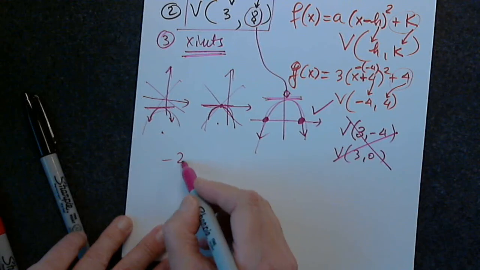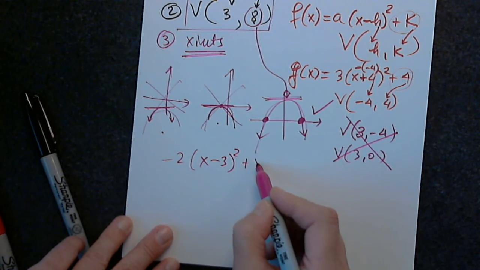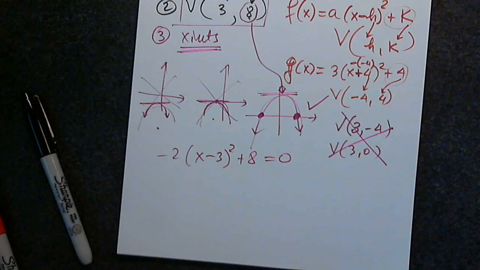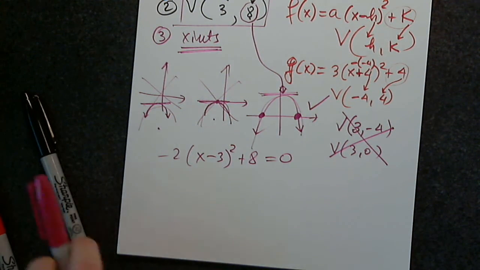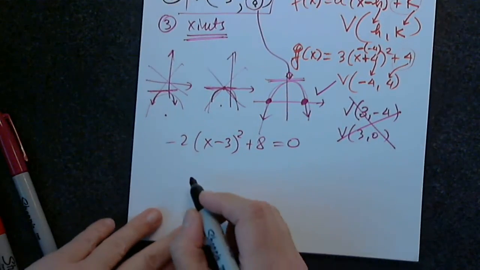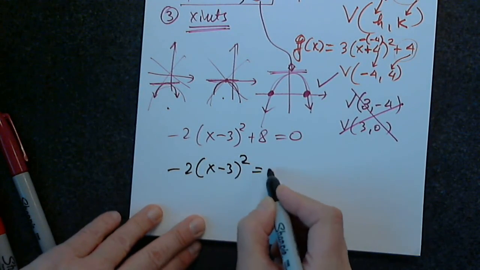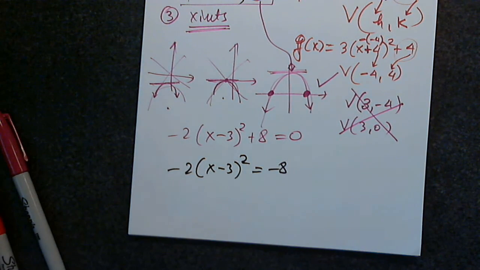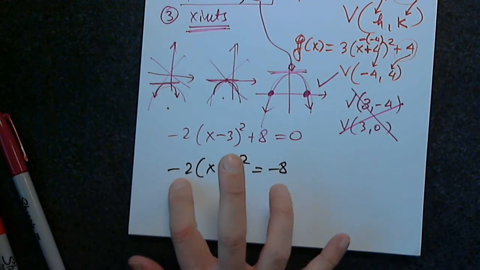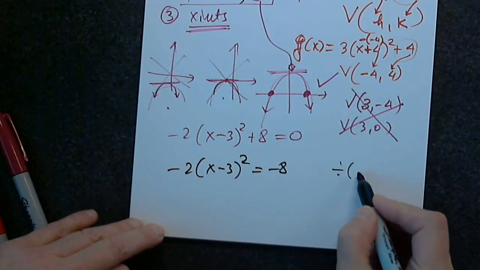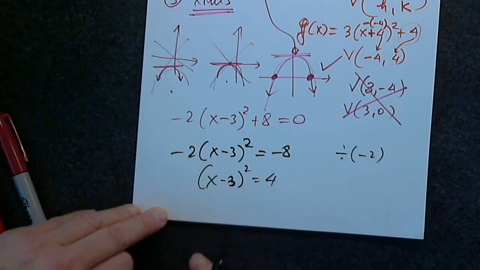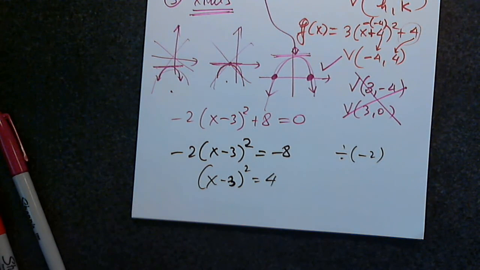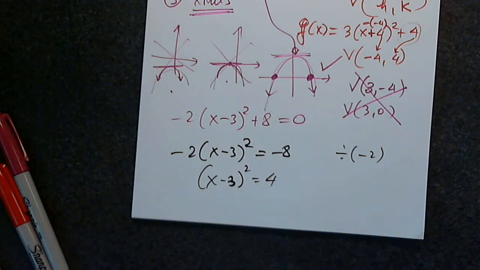So then I have -2(x - 3)^2 + 8 = 0. That's how we determine the x-intercept. We have to set y equal to 0, correct? Perfect. Okay, so I move 8 to the other side. This is a quadratic equation, and I'm thinking of applying one specific method, but not before I clean it up. I will have to divide both sides by -2. So then (x - 3)^2 equals 4. And there is only one method I can think of right this moment, which is